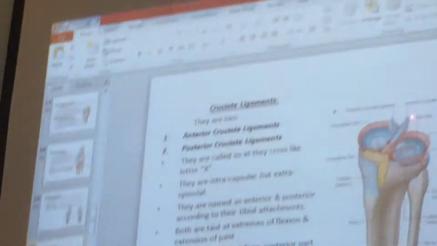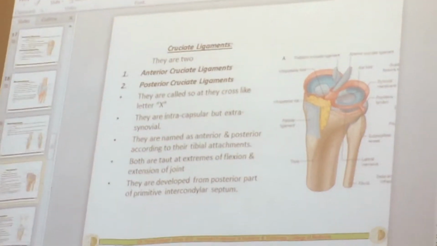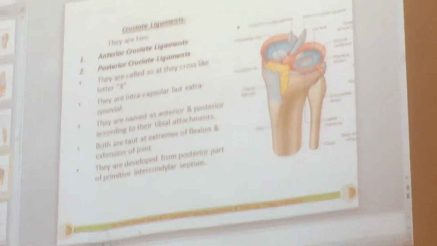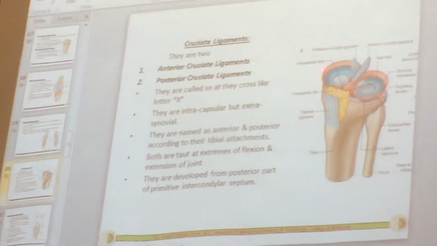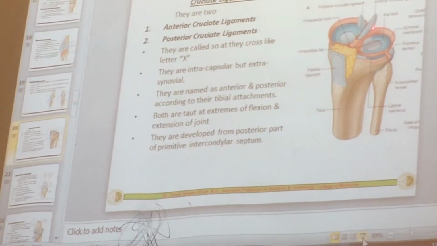Along with that, even these two ligaments, anterior and posterior ligaments, are always outside the capsule. But here, these two ligaments are inside the capsule. So these are intracapsular, but they are extrasynovial. What do you mean by this? Intracapsular, they are within the capsule of the joint. Extra, yeah. If you see that this is the synovial membrane, it covers the whole of the knee joint, but not these ligaments.